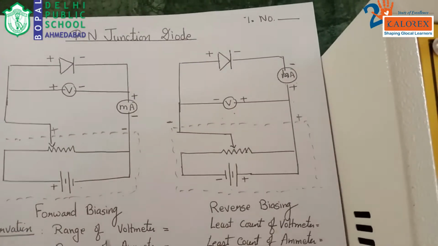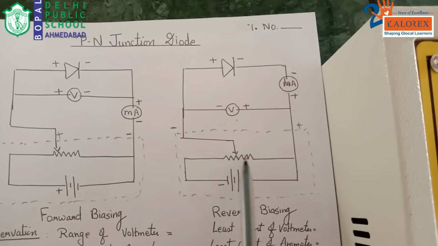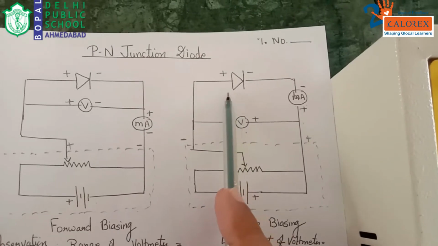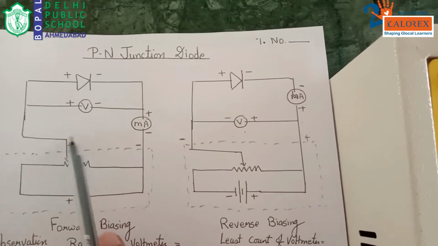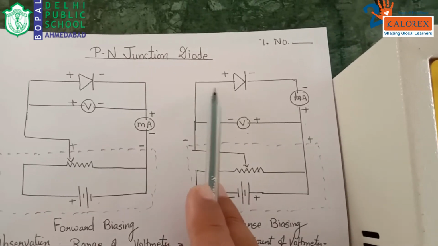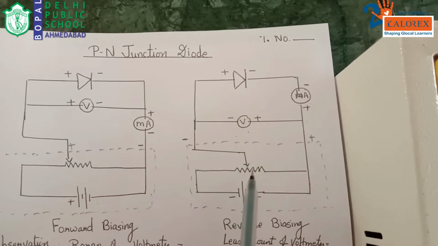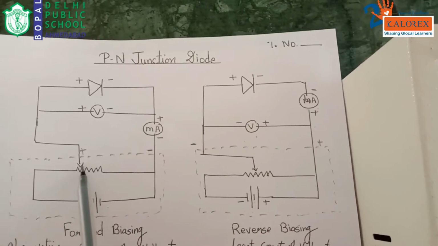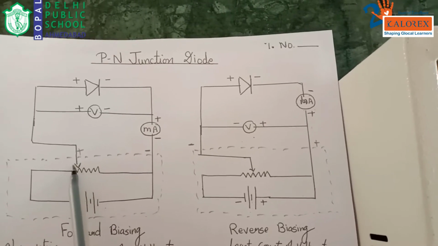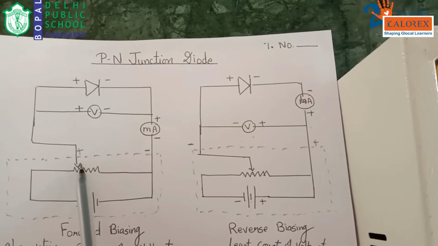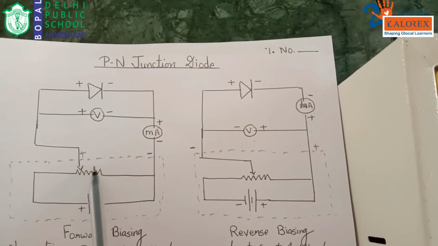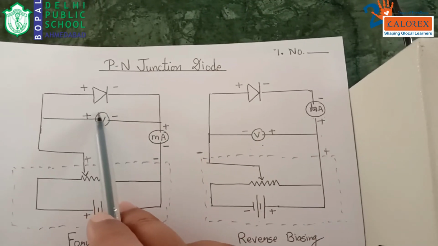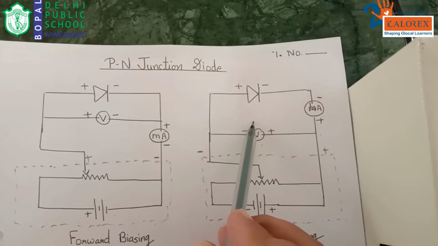Similarly here, a similar one is given, and here negative is there, here positive is there. So we can say that in the first circuit P is connected to the positive of the battery or cell. Similarly here, the positive is connected to the negative of the battery. Here the voltage required is high. The rheostat has one terminal along with the bar, which is known as the variable. By moving its position we can vary the voltage across this junction diode, and across here also. Here we can say that reverse mode is provided.